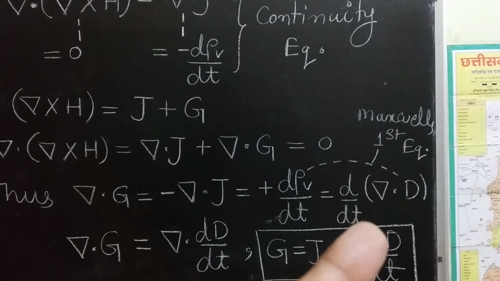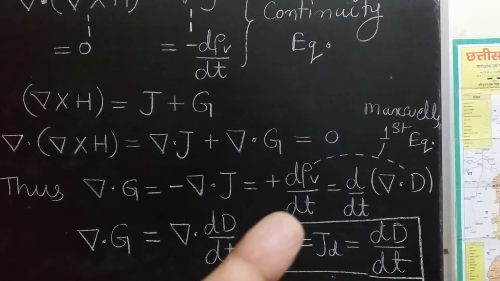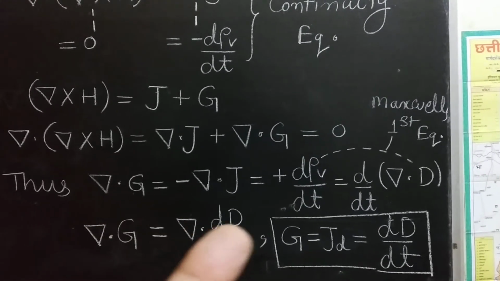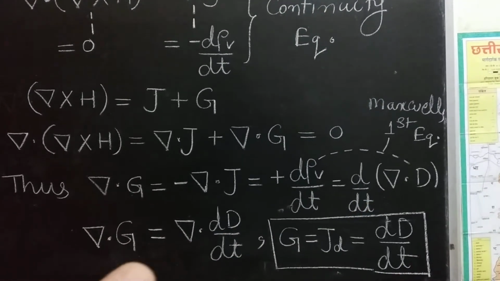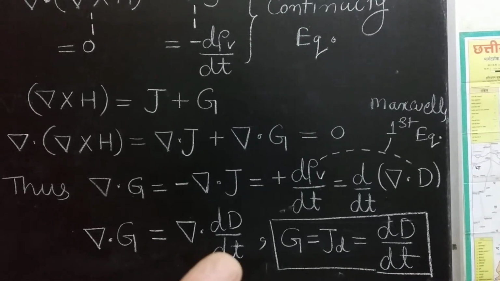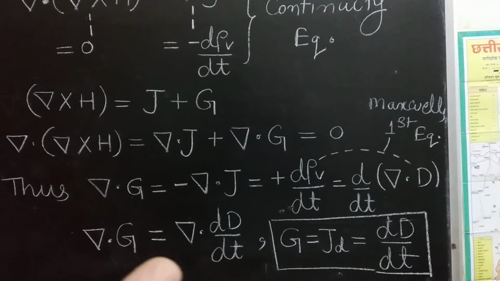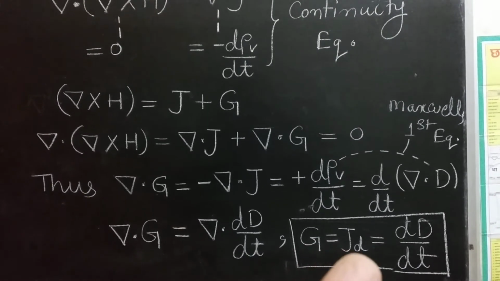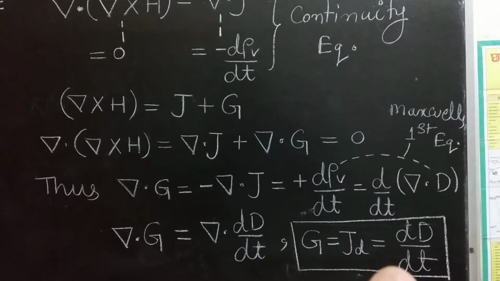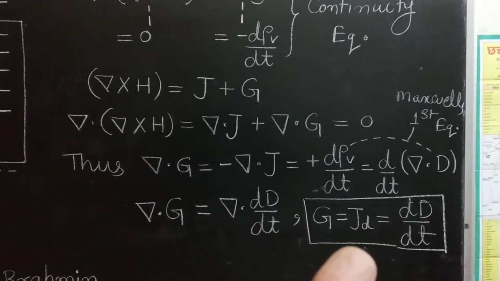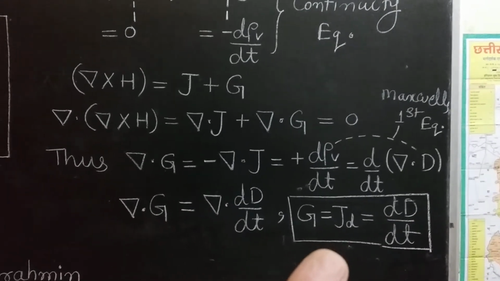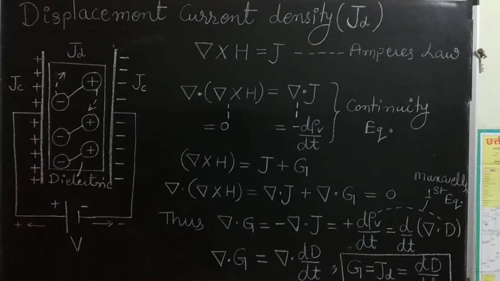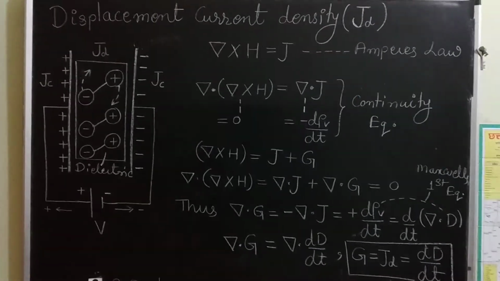Thus by comparing these equations, the divergence of G must be equal to the divergence of del D by del T, which means G must be a new quantity equal to del D by del T, and this new quantity is defined as displacement current density. And this is all about the derivation of the displacement current density,